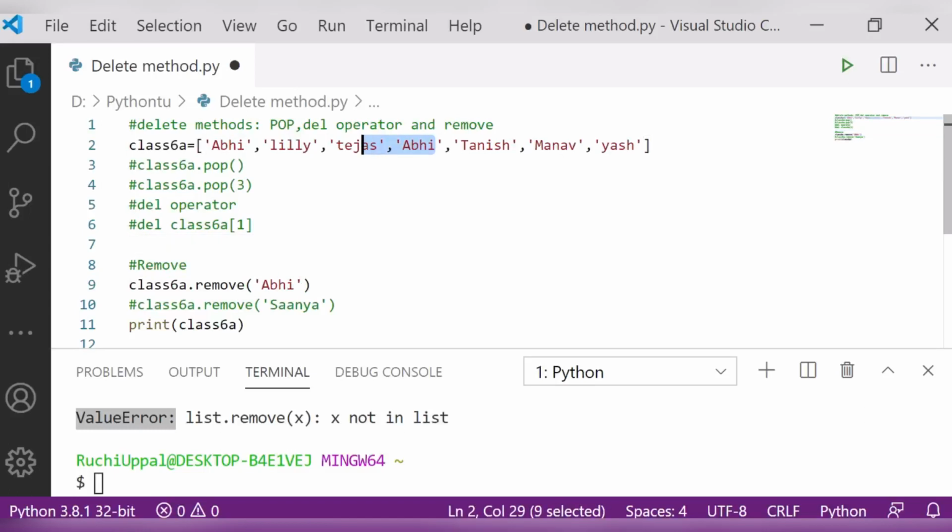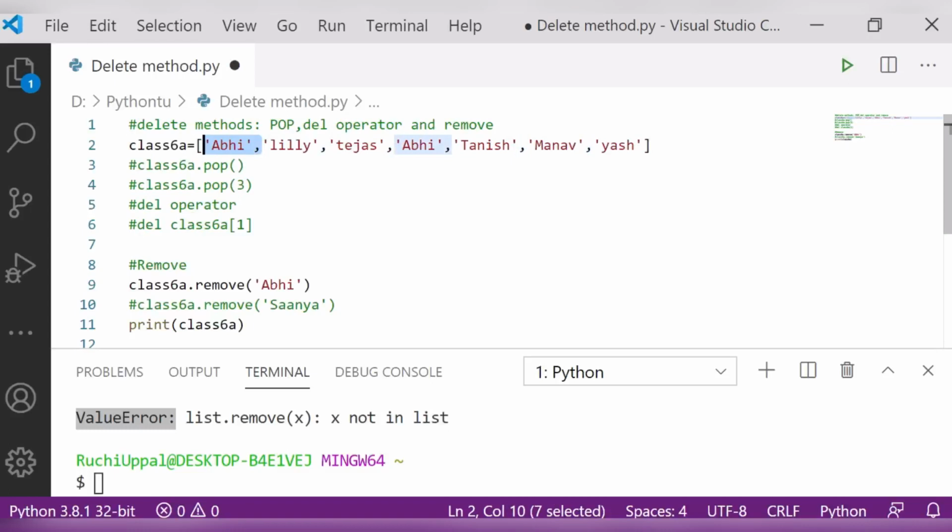Now you will see, I think it has to remove both the entries, but will it? What do you think? Will it remove both the entries or only one? If it has to remove one entry, then which one? This one or this one?